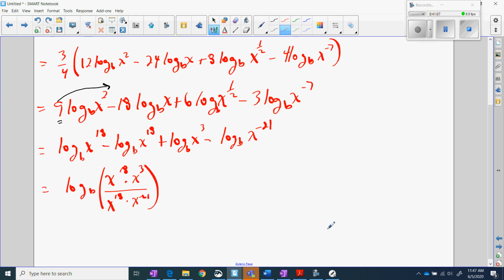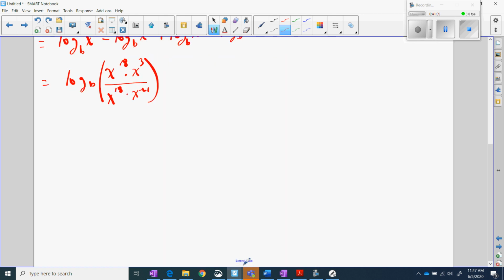Now we're going to tidy this up and we want it in simplest form. The nice thing is they're all powers of x, so we're just going to use laws of exponents now, log of base b. The numerator, when you multiply those together, you add the exponents, you're going to get x to the 21. Here you're going to get x to the negative 3. Now they're both the same base. You can subtract these exponents. 21 subtract a negative 3 is the same as 21 plus 3. So that's going to be x to the exponent 24,